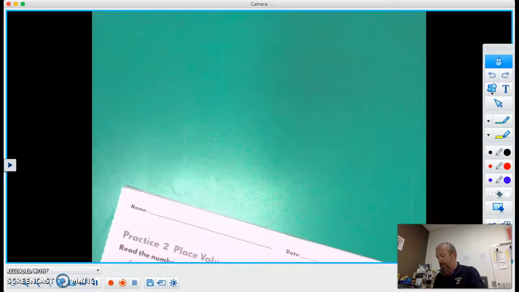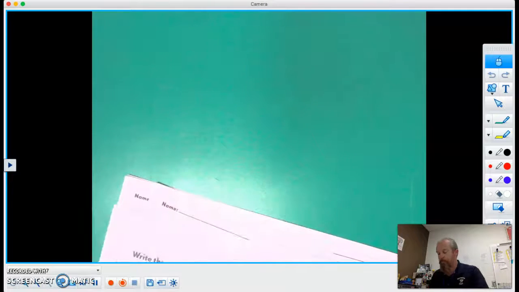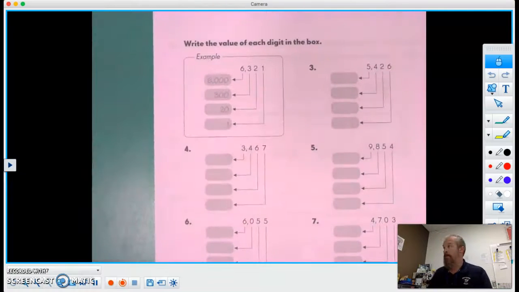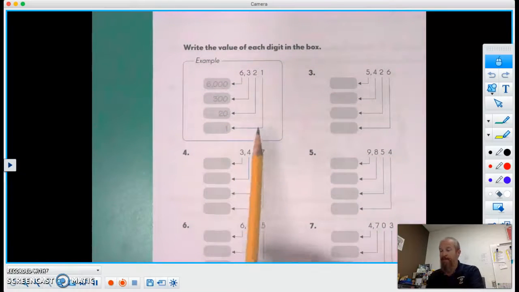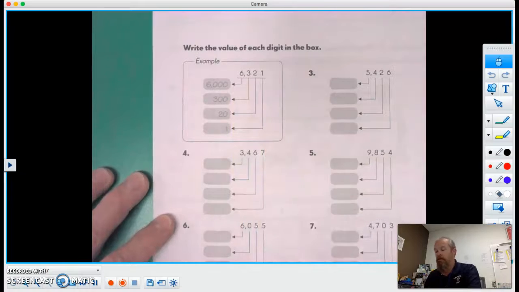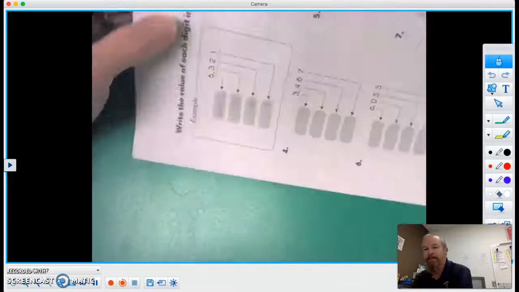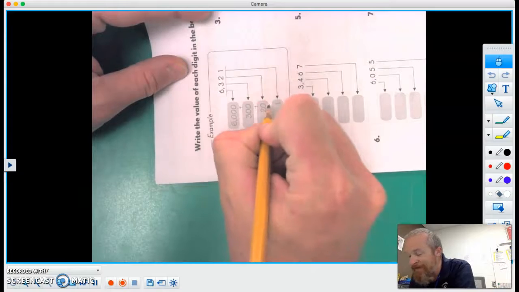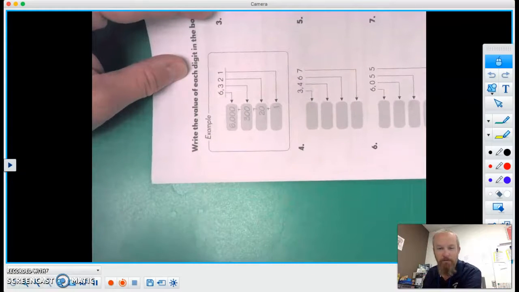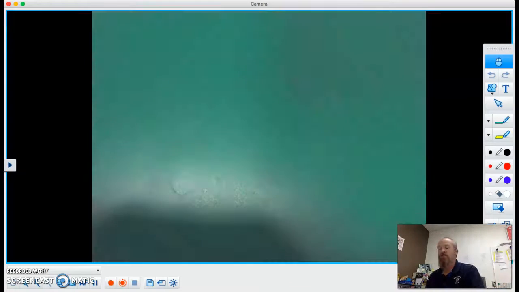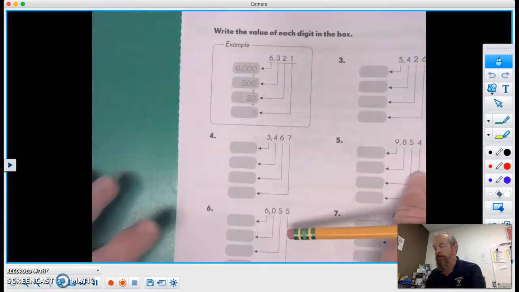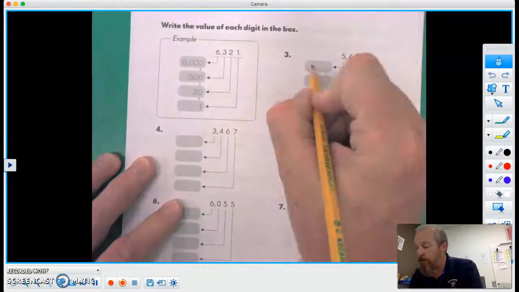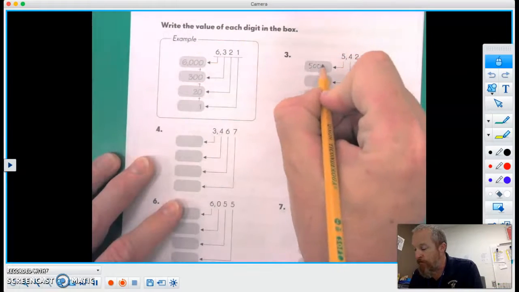All right, let's flip on to our next page. This is one of those where, again, I'm looking at my example up here, and I see that this is our standard form, and I look at it this way, like an up and down sideways expanded form. So it's really not too different, just set up a pinch different, but it's basically the same thing, right? So on this one, we are going to have 5,000,